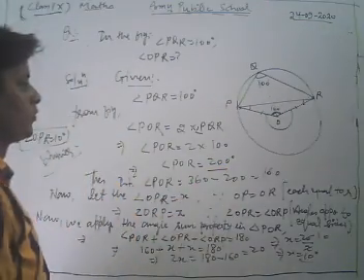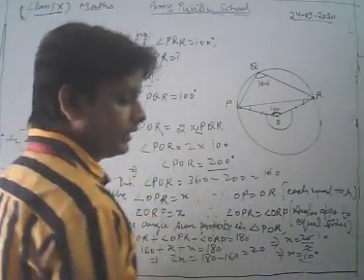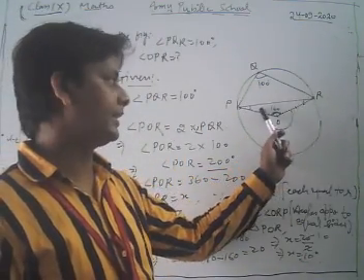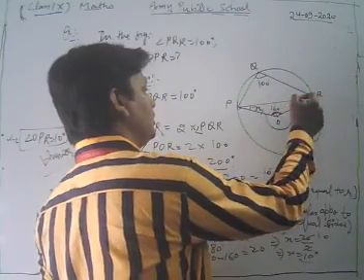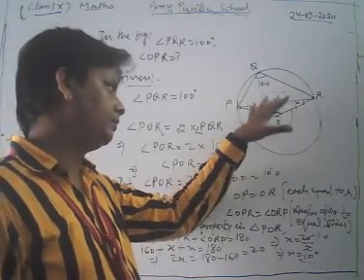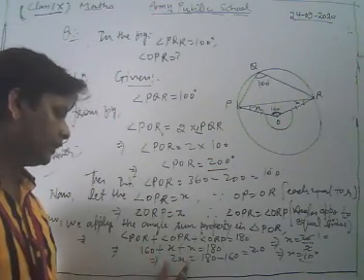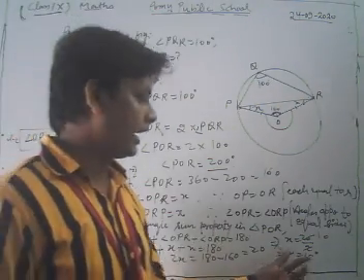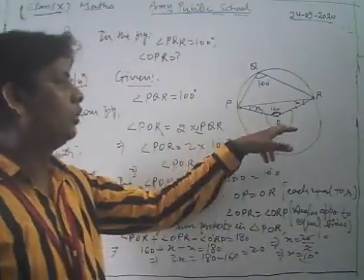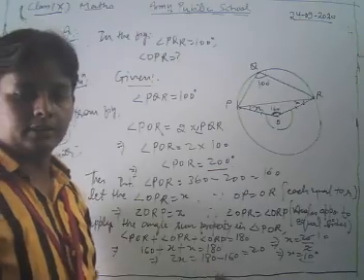Now, from the figure, OP is equal to OR, each equal to R, and we know that the angles opposite to equal sides are also equal. So this angle is equal to this angle, and we take it as x. Both angles are equal to x because of angles opposite to equal sides. After that we apply the angle sum property of the triangle OPR, and we get 2x equal to this. After solving, we get the value of x as 10. In this way, angle OPR is equal to x.